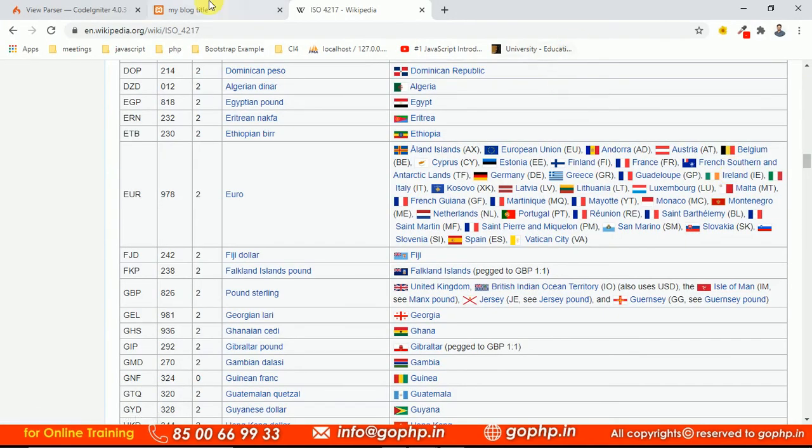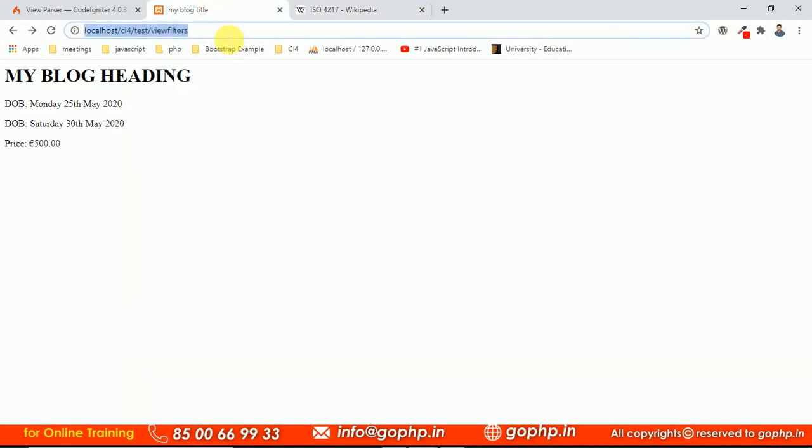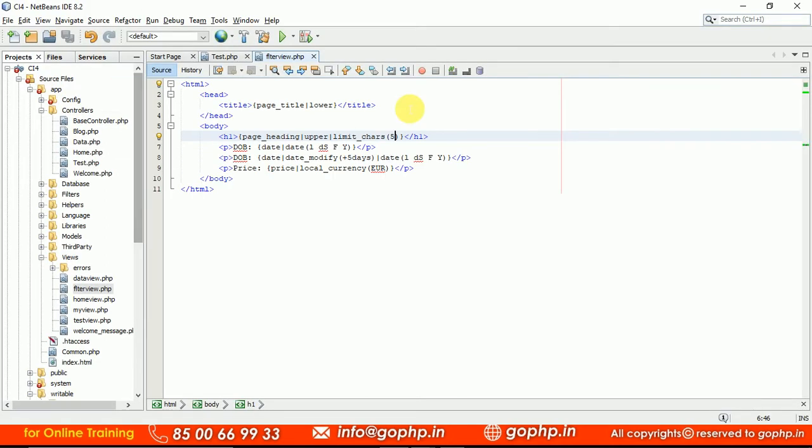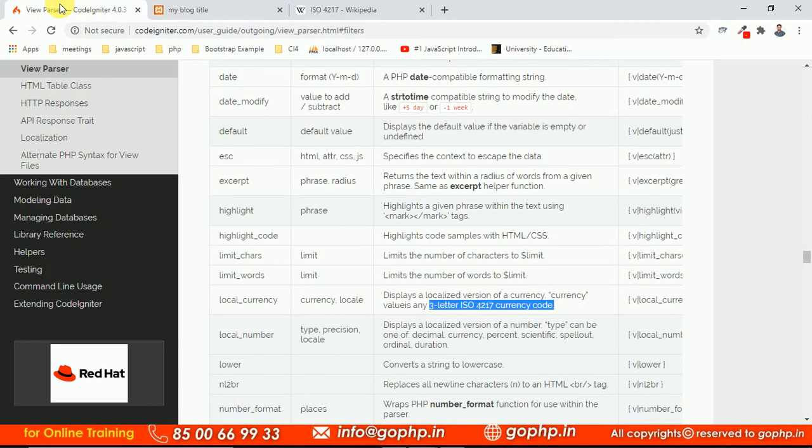Let us check it carefully. The limited characters are coming. Yes, it is limited to what we gave, so the characters are going to be limited. If you want, you can go with limit words also. This is just a character limit we gave, right? If you want to use limit words, we have the excerpt method. Can you go there? We have the parameters here.